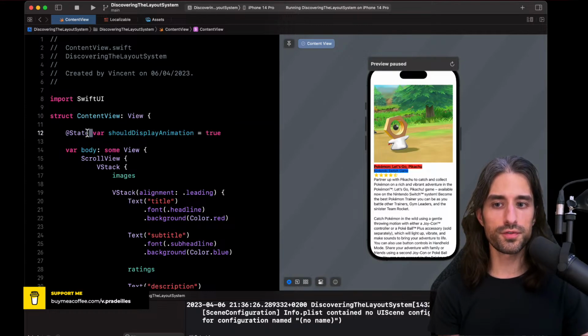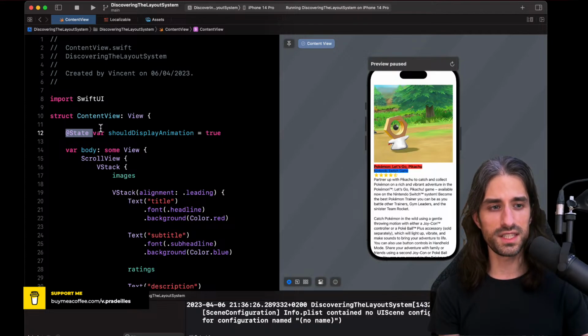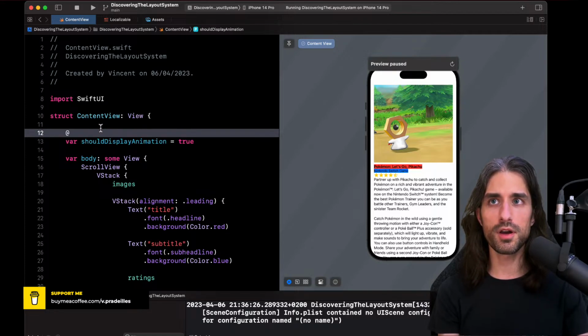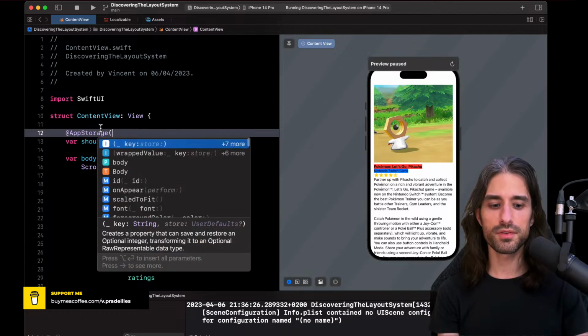If we want the source of truth for this to be not some state stored in the view, but rather state stored inside the user defaults, there is actually a property wrapper for this that SwiftUI has built in, available since iOS 14, if I'm not mistaken. And that property wrapper is called @AppStorage.